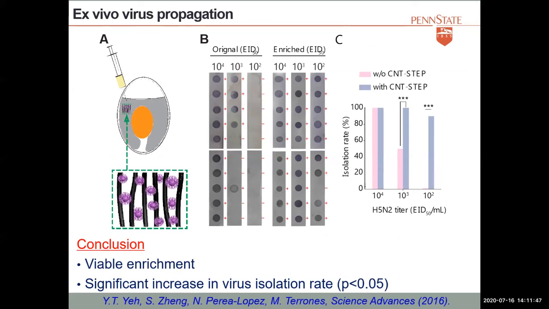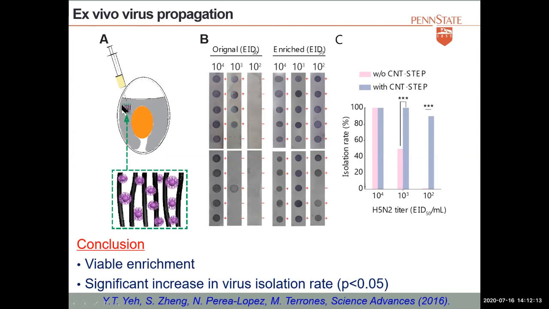So the nice thing about having these viruses trapped is also, as Yashin was mentioning, that these viruses change, and if you do something, they cannot replicate. But the idea here is that once they are trapped in these carbon nanotubes, the viruses are viable. So we're not using an antibody, so it's a label-free system, and the viruses are also viable.